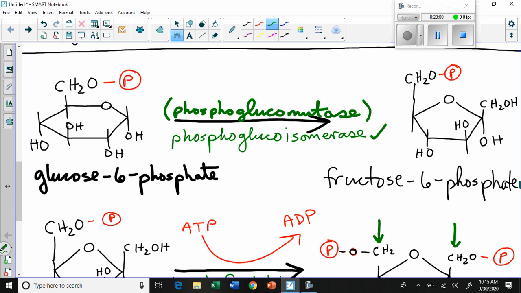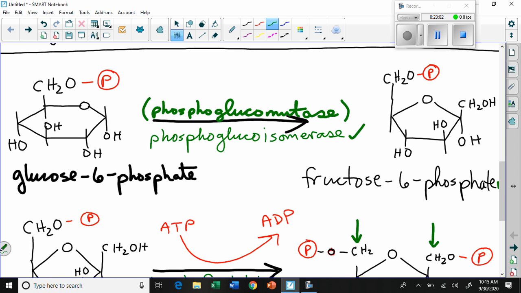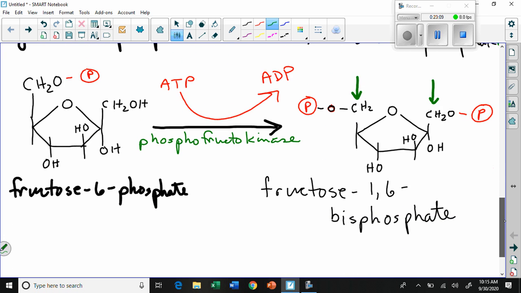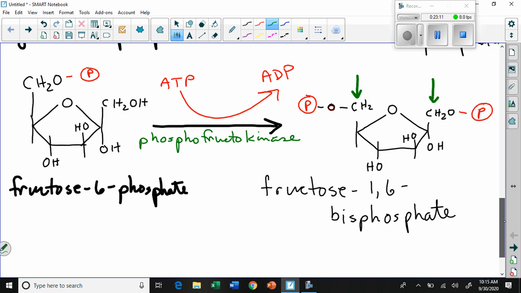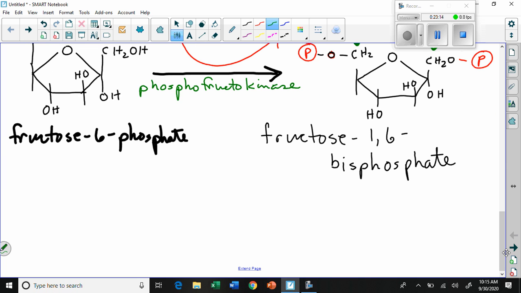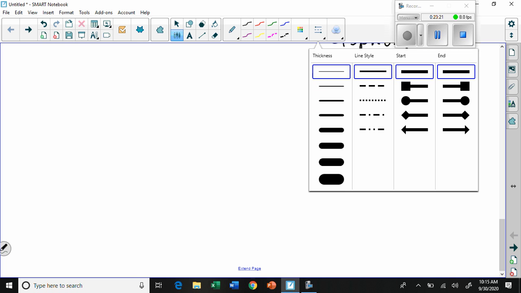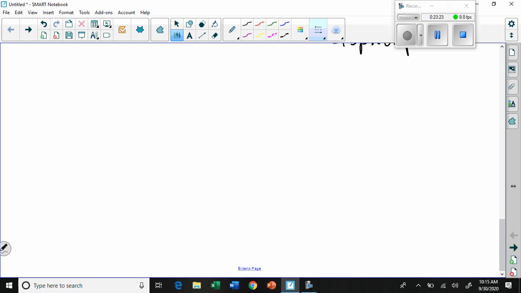Okay, so we're sliding down. I'm trying to slide down, but I can't get the smartboard to cooperate. There we go. Okay, so here's where we left off. So we have the fructose 1,6 bisphosphate molecule. So we're going to draw that one again for the next step. So I'm going to draw it kind of small. These molecules are getting big, but they're going to get small soon because the whole point is to break them apart, right? So here's our fructose,